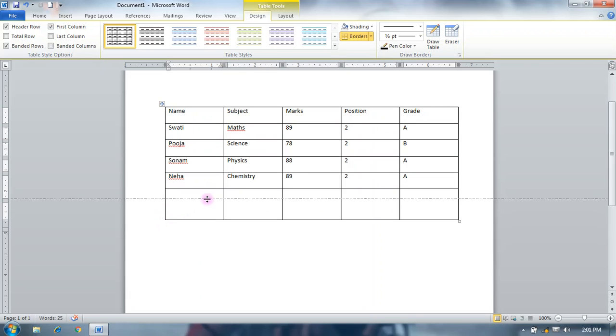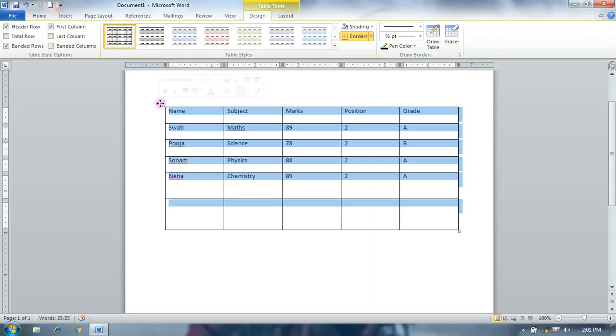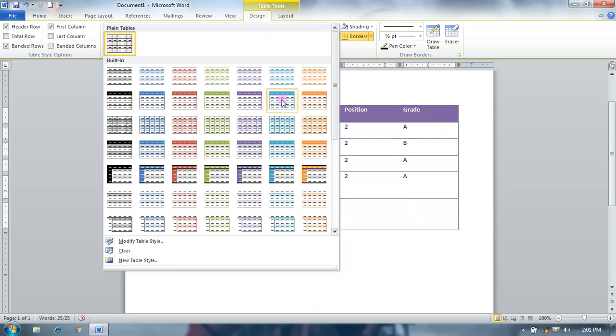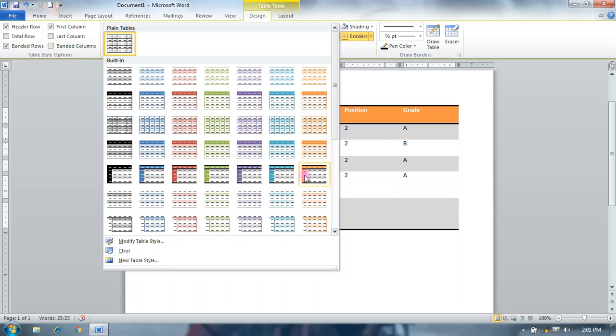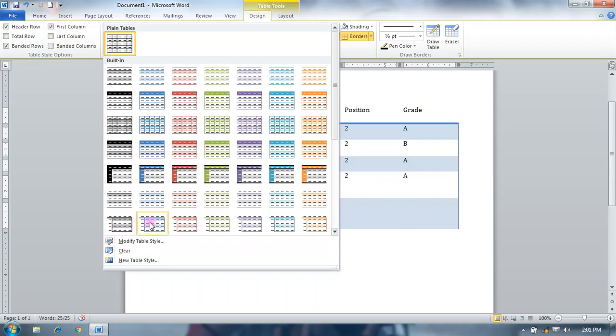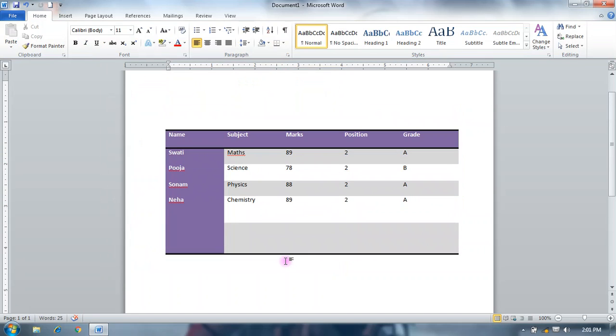Now select your table and it provides the design of the table. There are different types of layouts of your table design. You can select any design to apply to your table, like that, as you need for your requirement.